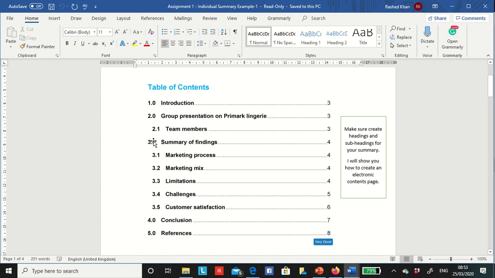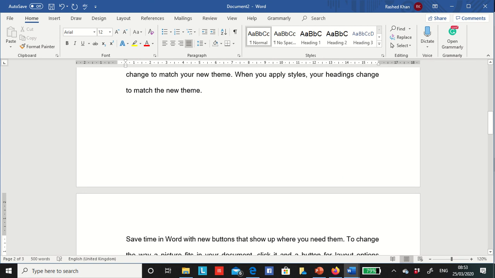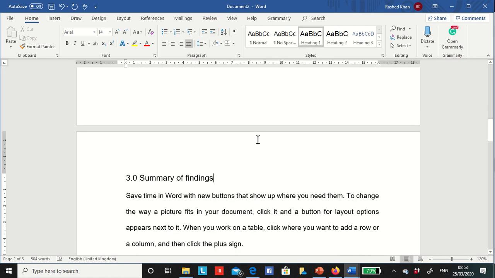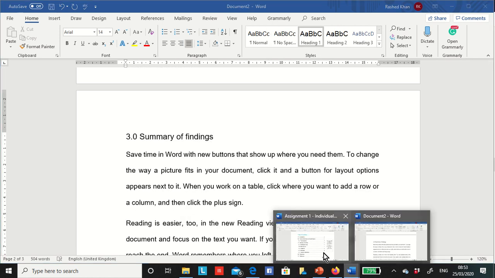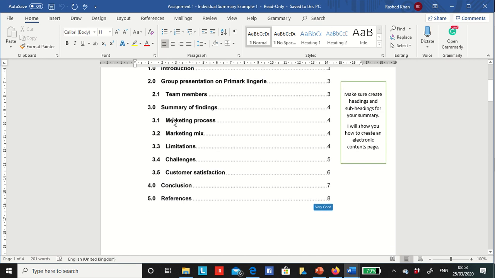Number 3, main heading, summary of findings, 3.0, which will be heading 1. Then under this heading, the subheadings are marketing process, marketing mix, limitations.